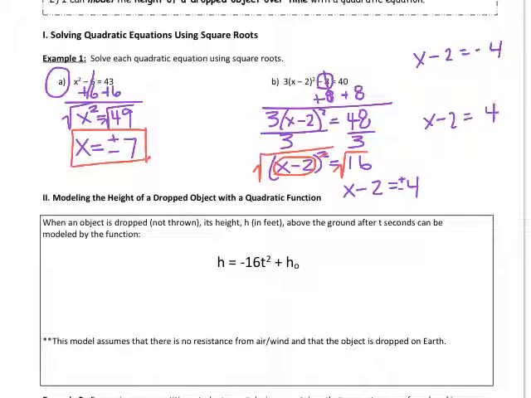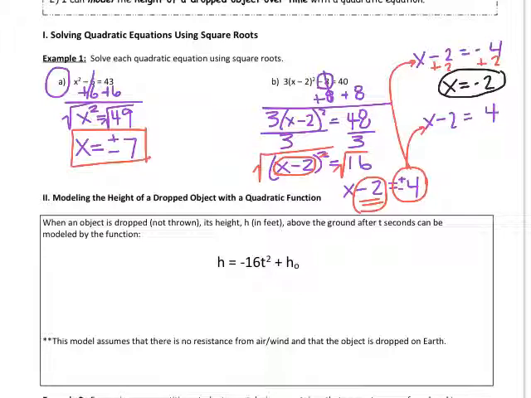When you see the plus or minus and you still have something else on the left, you have to split it into two, because we want two answers, but they're not super simple to get because I still have this negative 2 to deal with. So my next step is to add 2 to both sides. It looks like x is equal to negative 2. That's one of my solutions. And if I add 2 to both sides of the other equation, x is equal to